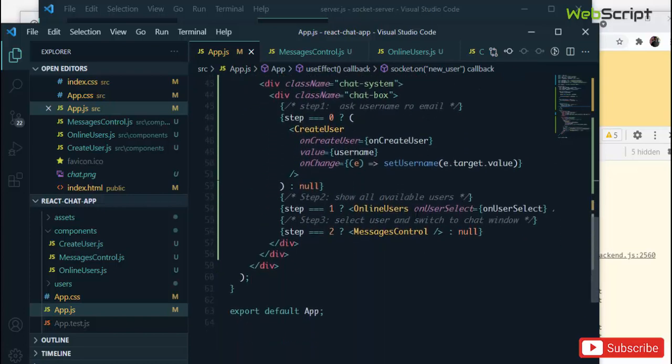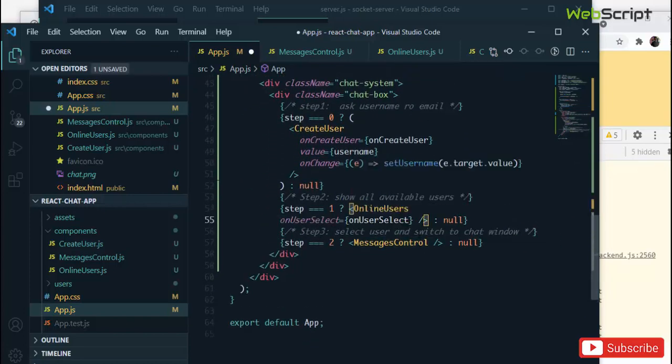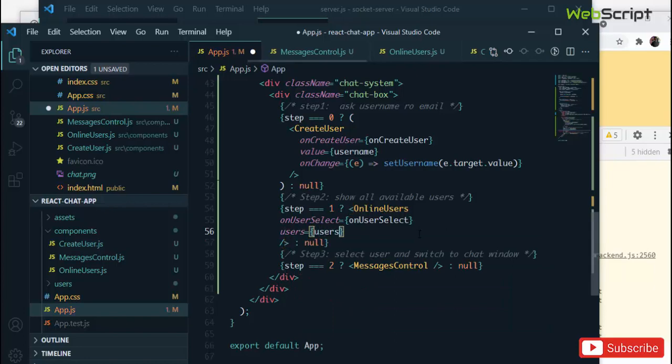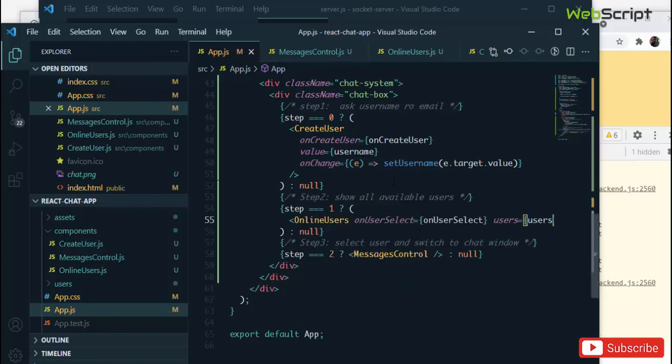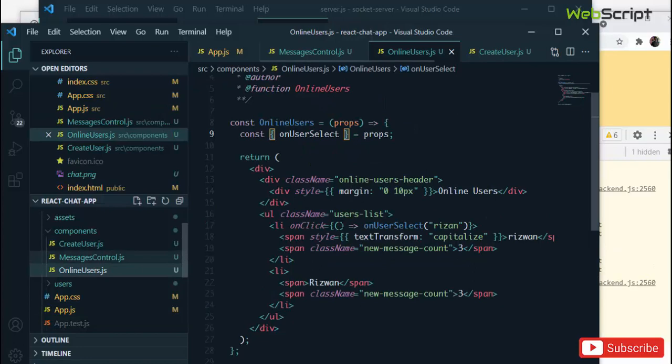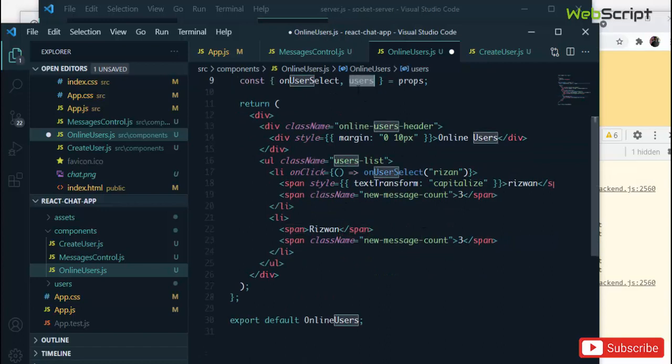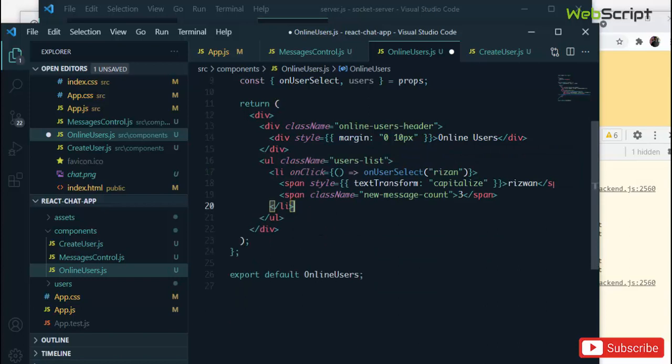So we'll go to the online users, and as a second property we'll create that. So we'll say users, that is going to be the users state, and let's go to the online users. Let's extract that property, that is users, and users is an object, right, and this is our online users. So this is our li to show the list of users. Let's remove this extra user, that's dummy data, right? And inside this we'll say